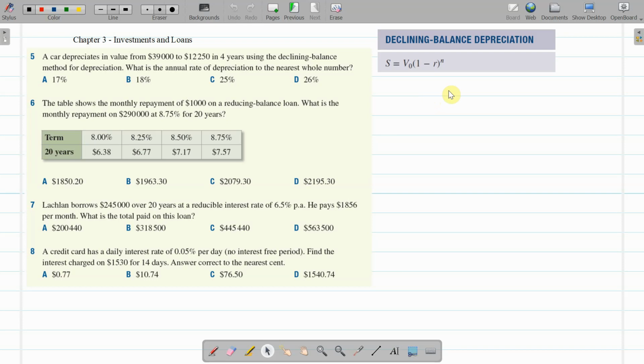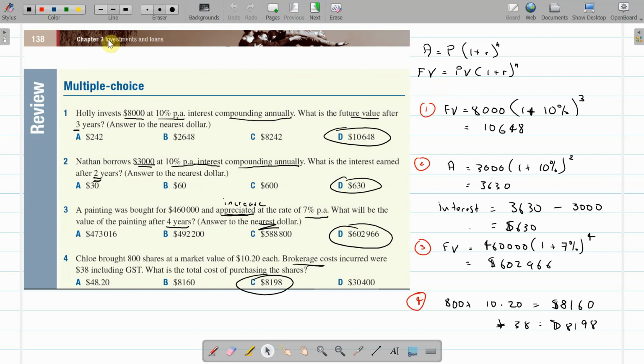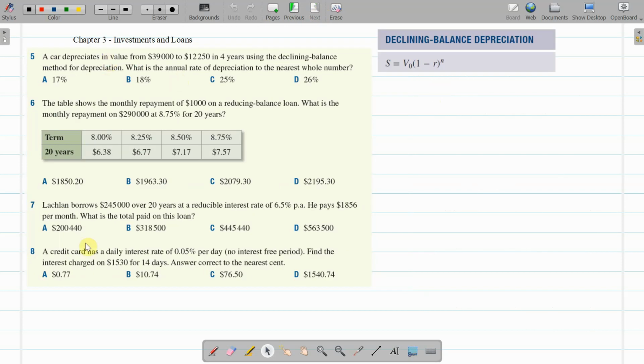This is the second one dealing with chapter 3, investments and loans, and it is based on the chapter review, chapter 3, starting on page 138. So this one is dealing with these 4 questions, and having a look at